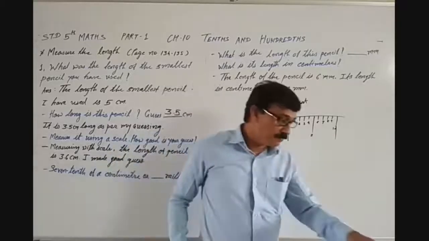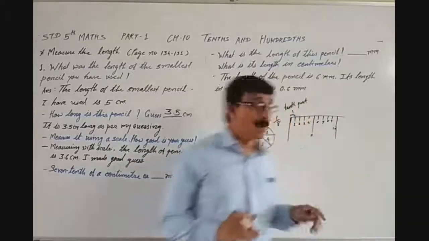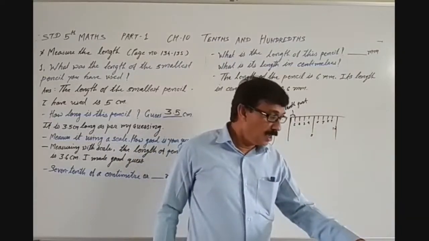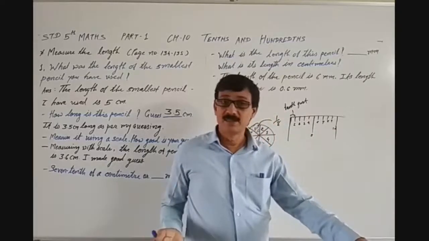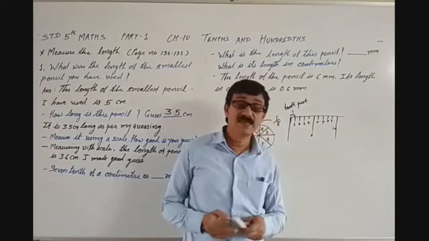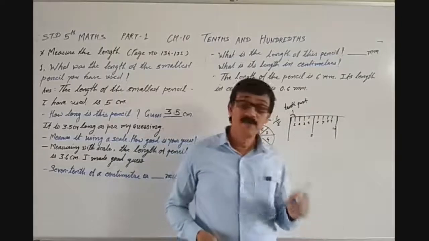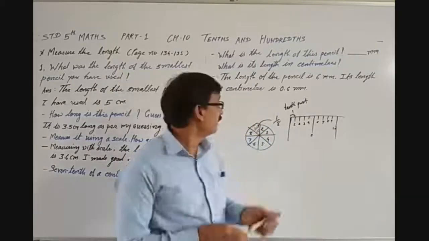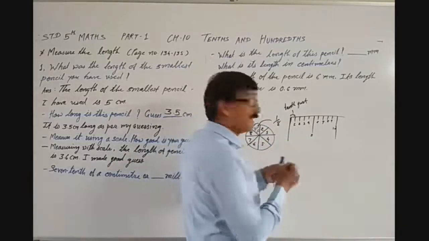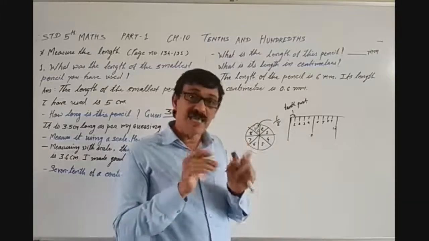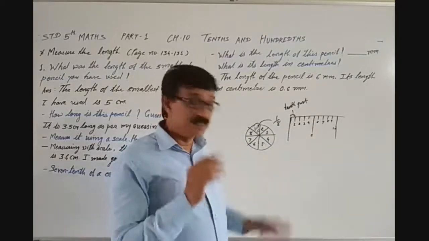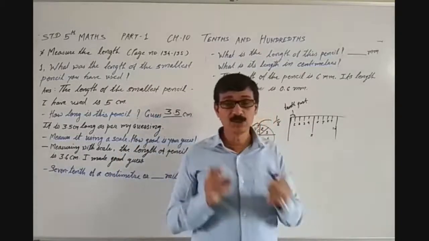Okay, and that is why here 1 centimeter has 10 equal parts. You can see 1 centimeter has 10 equal parts. So each part is 1/10 of a centimeter. 1/10 of a centimeter is 1 millimeter. Okay. So if you take this part, that is also 10th part. If you take this part, every part is the same. So if you take any one part out of this 10, that is 10th part. That is why it is written that each part is 1/10.